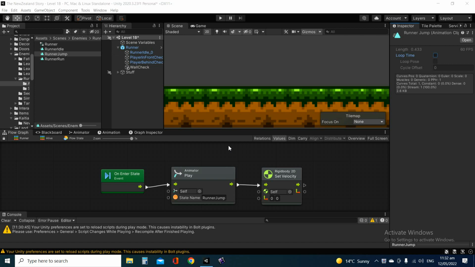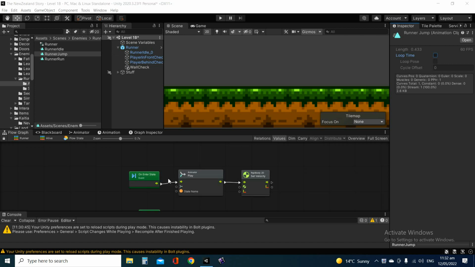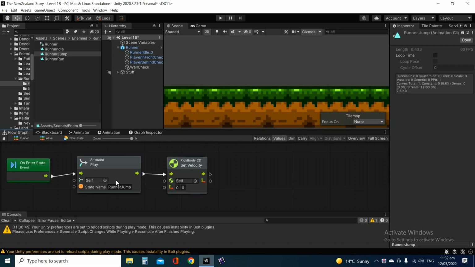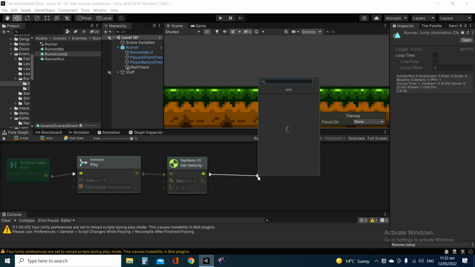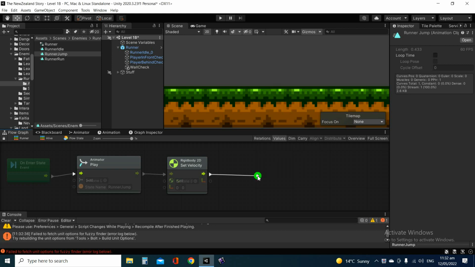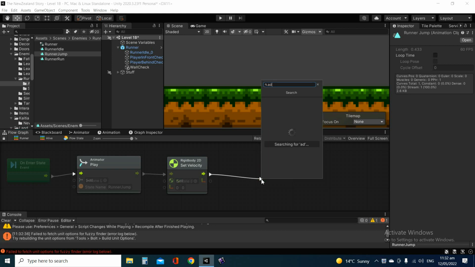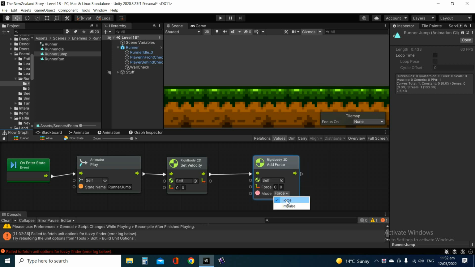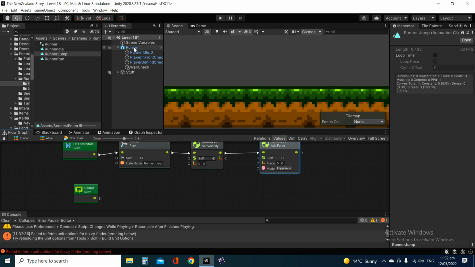So the jumping will now on state enter, play the animation, stop all momentum, and add force. In the rigid body, we have an add force where that's not 2D, so we want the 2D one, and we want the force with the mode. We want impulse, a quick bit of force,